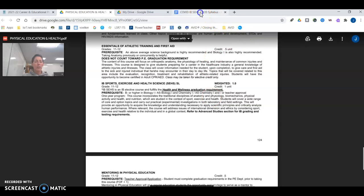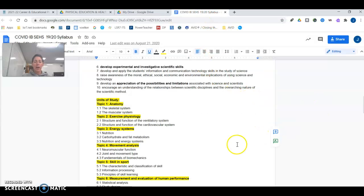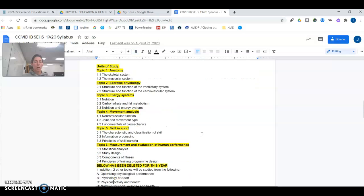We're going to move over to my syllabus here real fast so you can kind of look at what the course is. The course emphasizes a review of anatomy, okay, and this is a much smaller review of anatomy than our anatomy class that Mr. Martin teaches. You'll have exercise physiology, which also Mr. Martin does teach in his anatomy class. It's more of a quicker